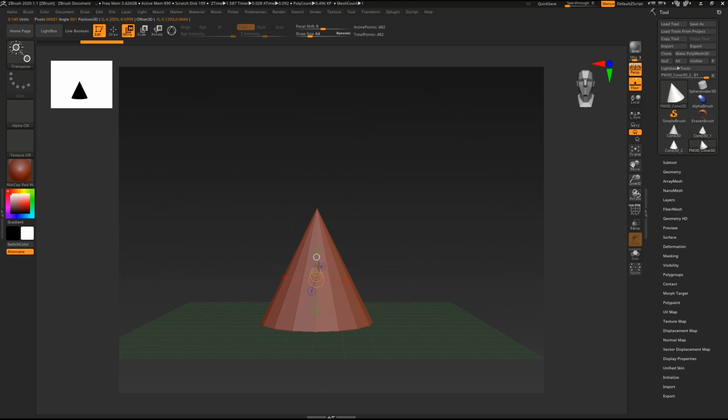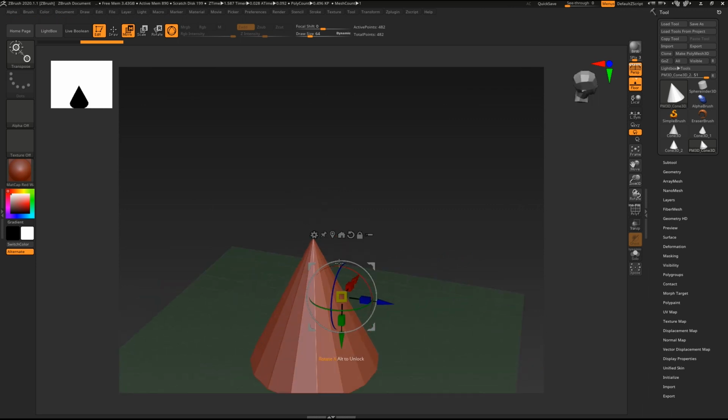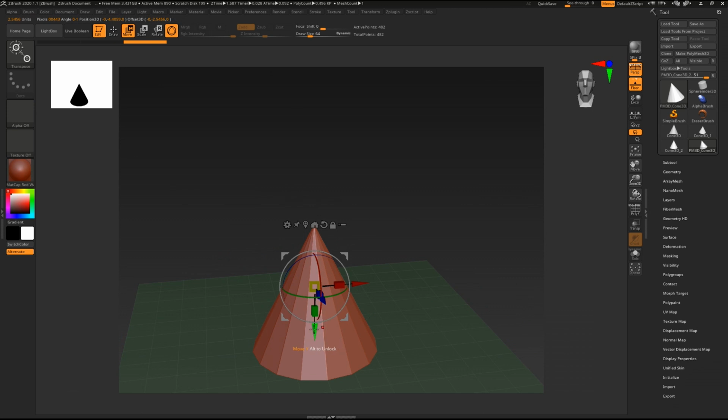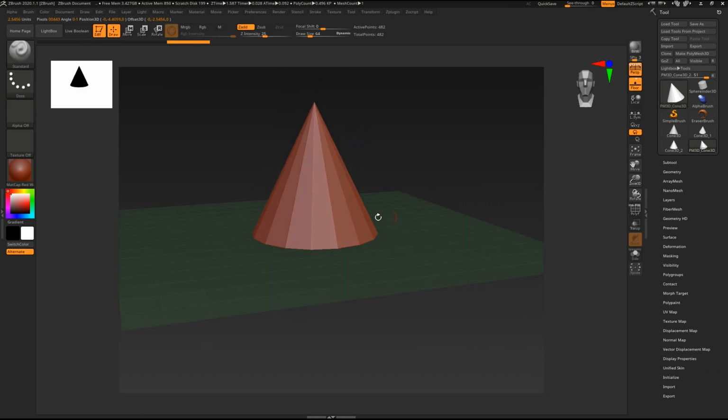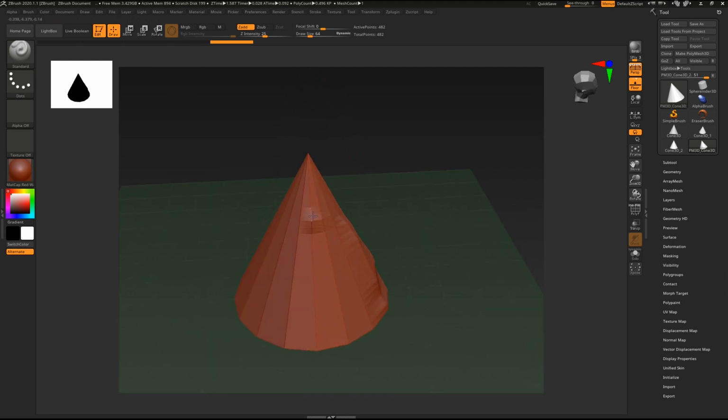There is one thing in ZBrush: if you press Y accidentally, the gizmo will convert into the transpose tool. For a newcomer, it is a little bit complicated, so to cancel it, just press Y again to return to gizmo mode. So now we are just moving here and pressing T twice to get back to sculpting mode.